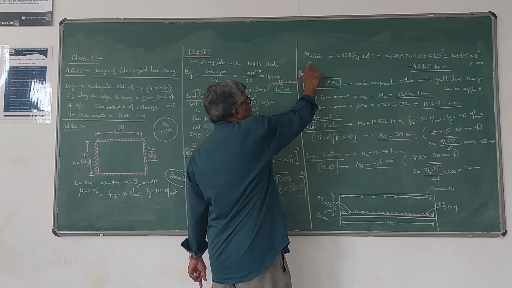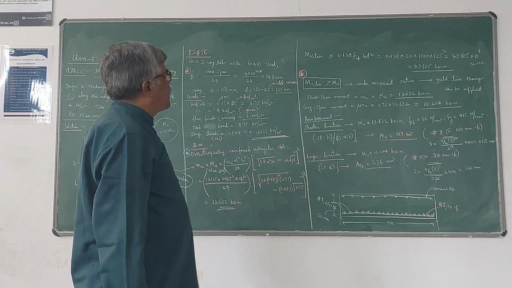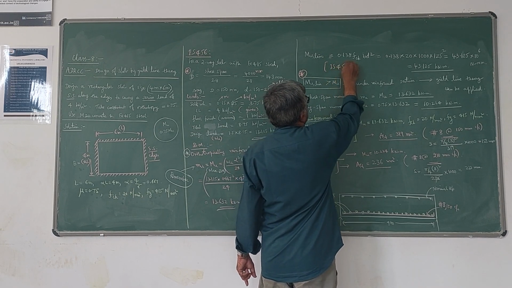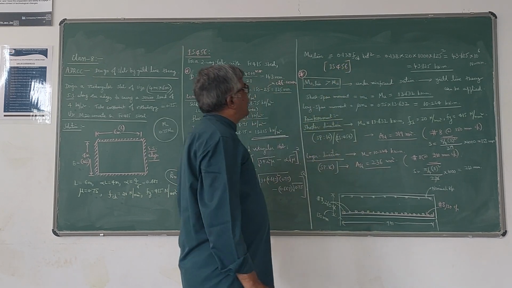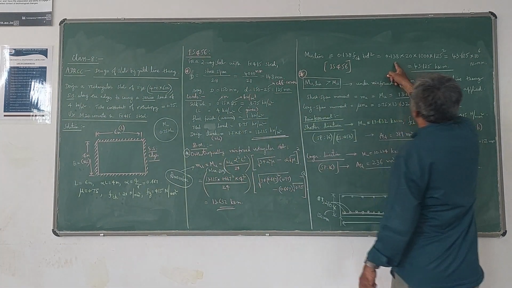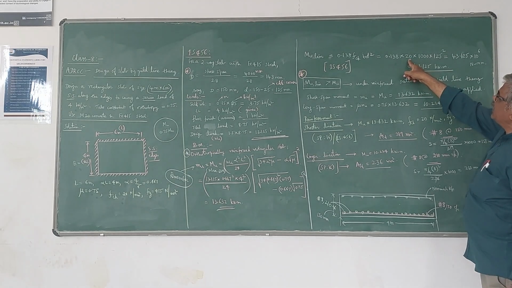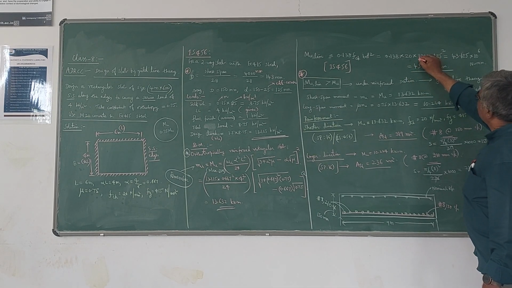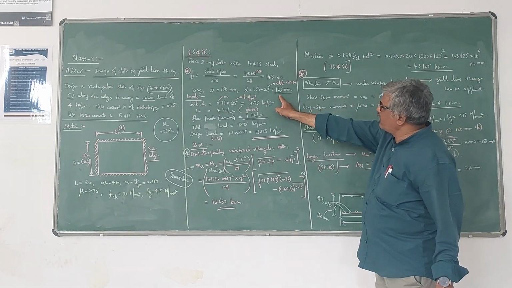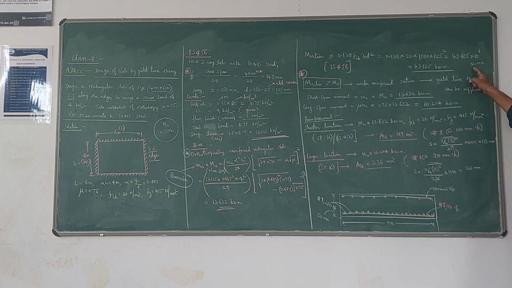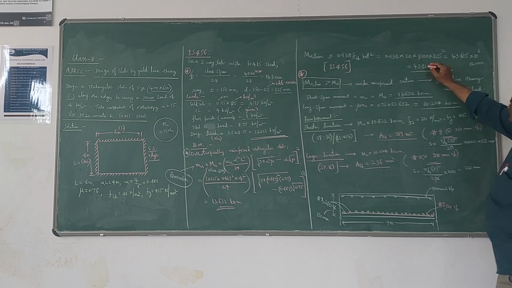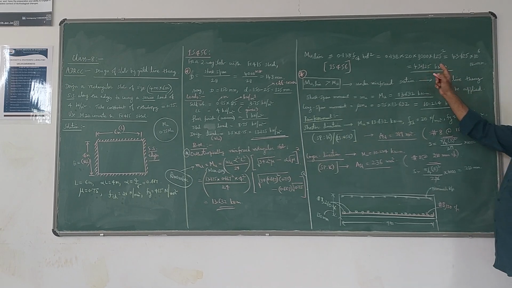So for calculating the limiting value of moment of resistance, the formula which is given in the code IS 456 is Mu lim is equal to 0.138 fck b d². Now substitute, in this case, 0.138 into fck is 20, into b is 1000 per slab, width of the slab 1 meter we are going to take. d is 125, effective depth we have taken here. So whole square. We are going to get the value in Newton millimeter. Convert that into kilonewton meter. So 43.125 kilonewton meter is the value of Mu lim.